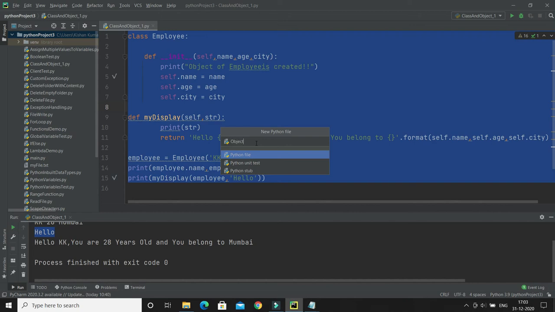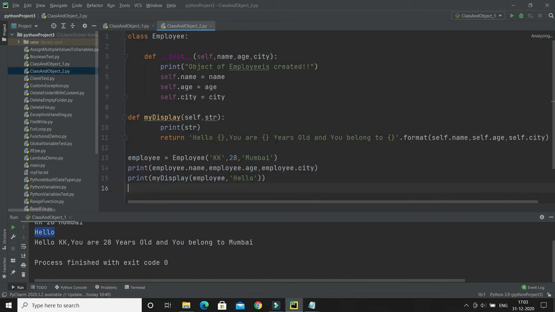So I will say class and object_2, and here I'm going to copy. Let's say I don't want to give self, I want to give obj. Then everywhere you have to give obj. This should be the first parameter, but it's not necessary that you give the name as self. Now obj instead of self, which is equivalent to self, is basically the current instance of the class, or the existing instance of the current class.